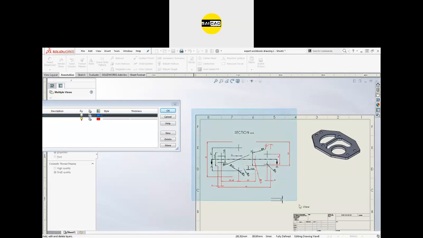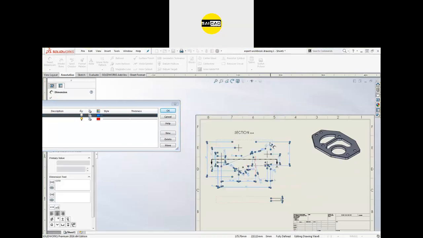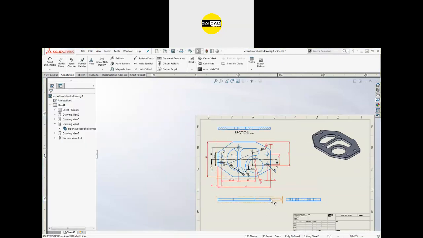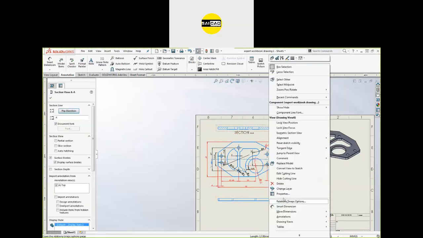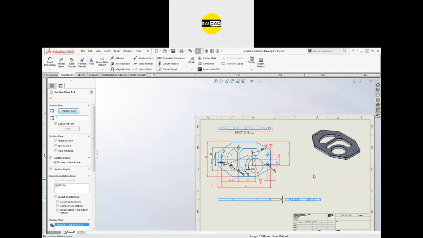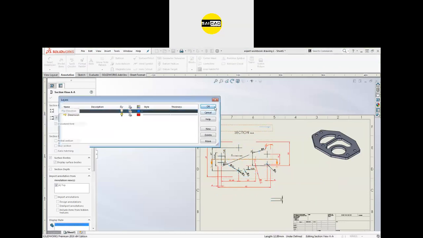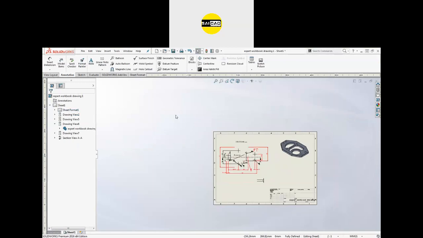So just select all the objects like that and right click. First of all, just click here, properties. I don't want to see this one. So you can see everything is gone now.